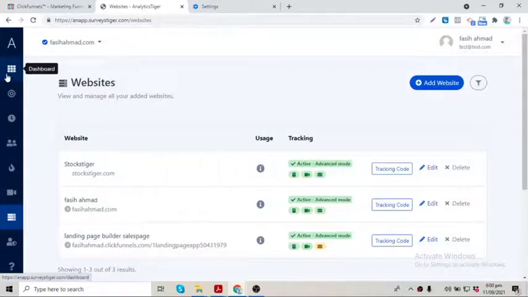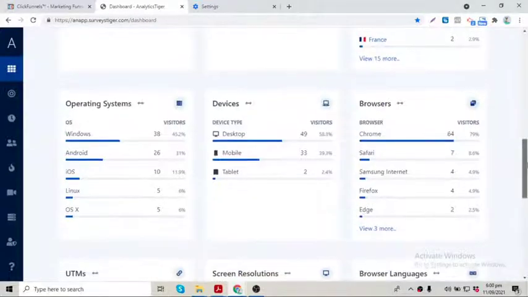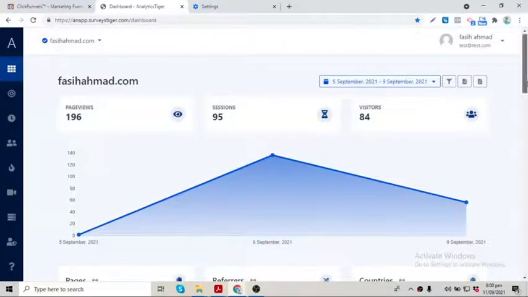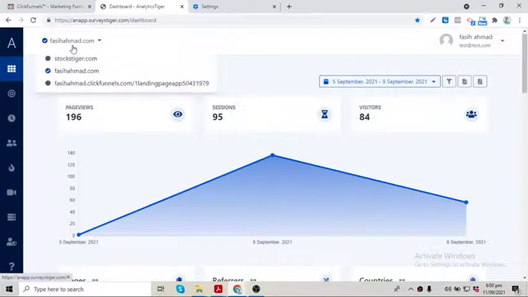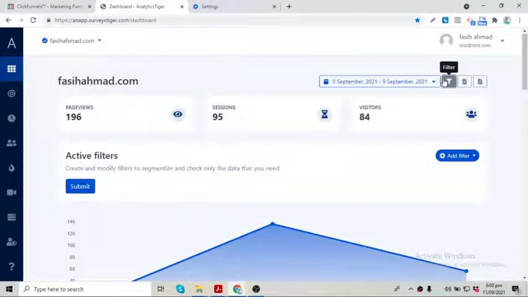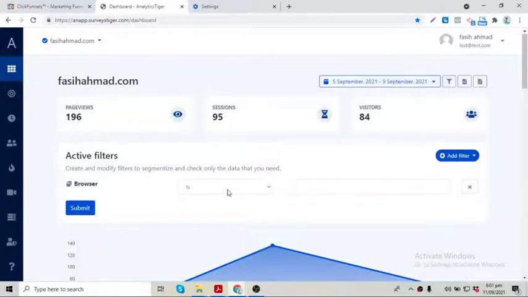So I will go from top to bottom. First, on the dashboard, you can see every single thing on your website: who the visitors are, where they are coming from, which browsers they are using, what the screen resolutions are, and so on. And obviously, you can pick what website you want. If you have multiple websites added, you can select the particular website you want to see the information for, and you can choose the dates and filter down to get very granular with that. For example, if you want to see only the visitors that came from Google, you can do that very easily as well. And obviously you can export data to your Excel file and so on.